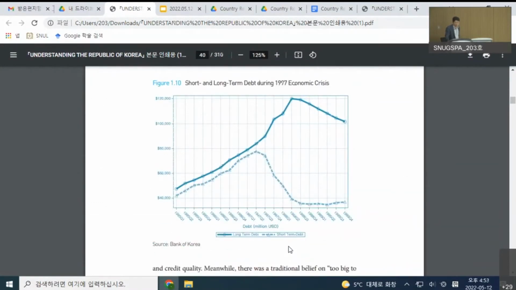Okay, then the 1997 economic crisis. I think I explained this before. After the successful implementation of the 5-year economic plan, the 1980s was the heyday of the Korean economy. In 1988, there was the Seoul Olympics, and during the 1980s, the economic growth of South Korea was very, very fast,